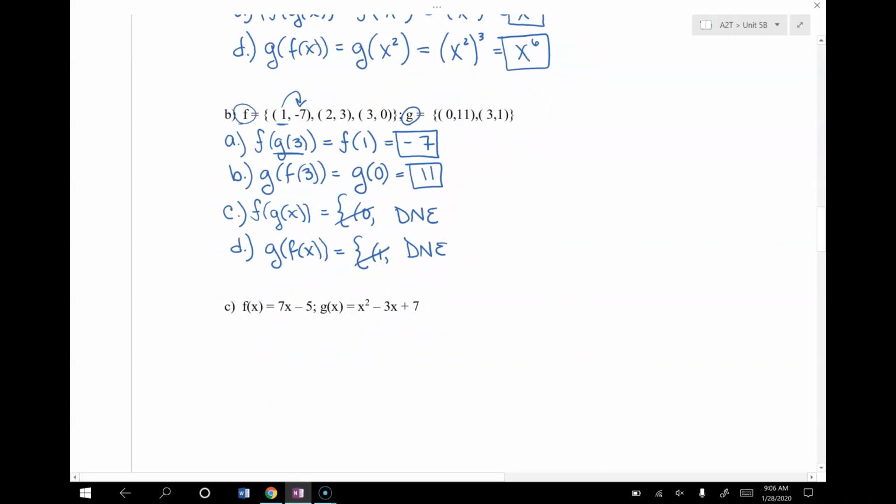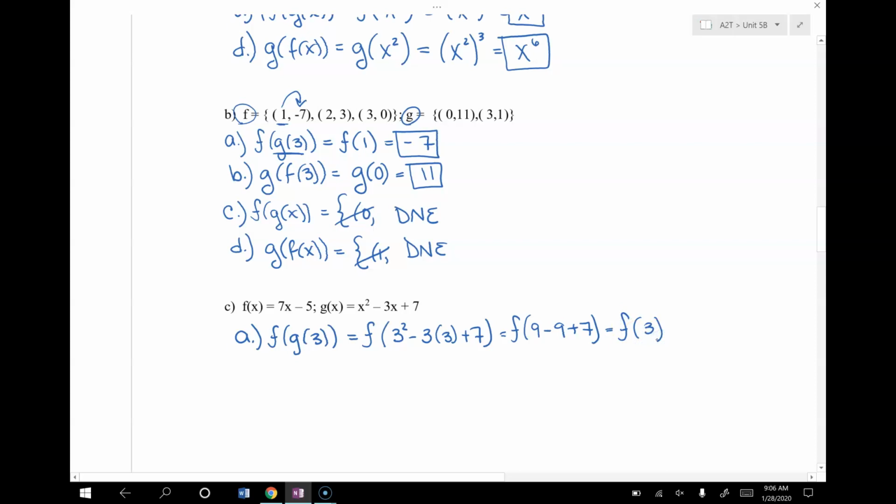All right, ladies and gents, last example. Here we go. For A, we would have f of g of 3. So I'm going to evaluate g of x when x is 3. So we have 3 squared minus 3 times 3 plus 7. All right, keep going. 9 minus 9 plus 7. So g of 3 evaluates to 7,